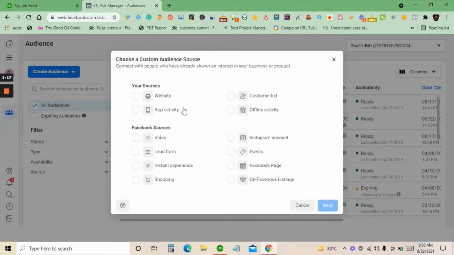And then you will see a pop-up of different sources. For example, you can make custom audiences based off the website visitors, the app activity, and you can upload the customer list, which I will teach you one by one. But in today's tutorial, we are simply going with the website visitors. As you can see, you can actually make a custom audience of the people who have watched one of your videos, lead form, instant experience, shopping, and people who have been engaged within your Instagram account, with your Facebook page, or on Facebook listings. Okay, so you simply need to click on the website,